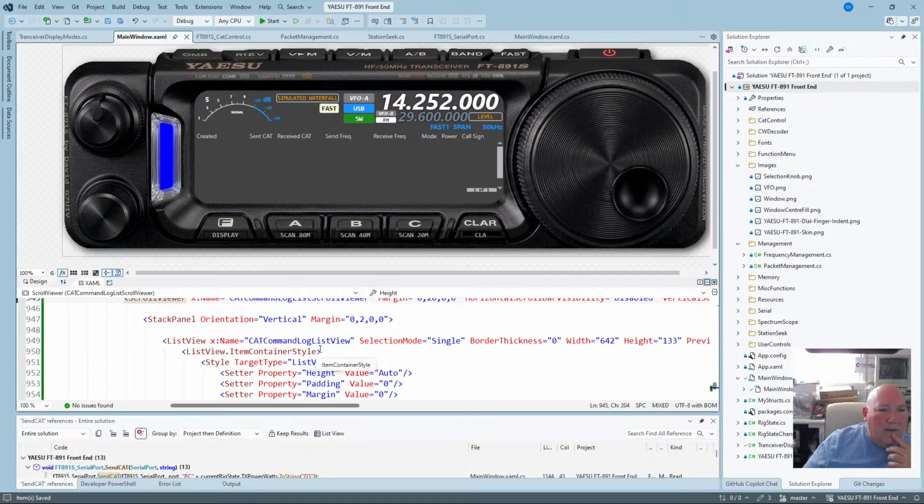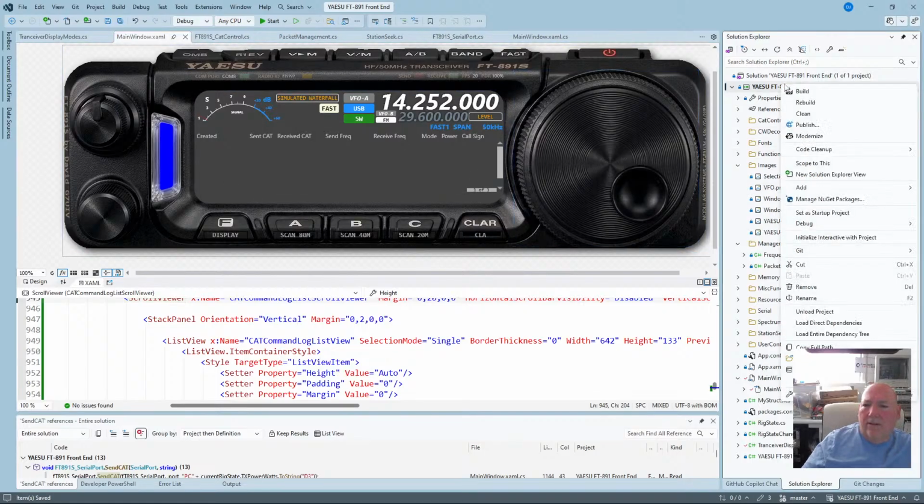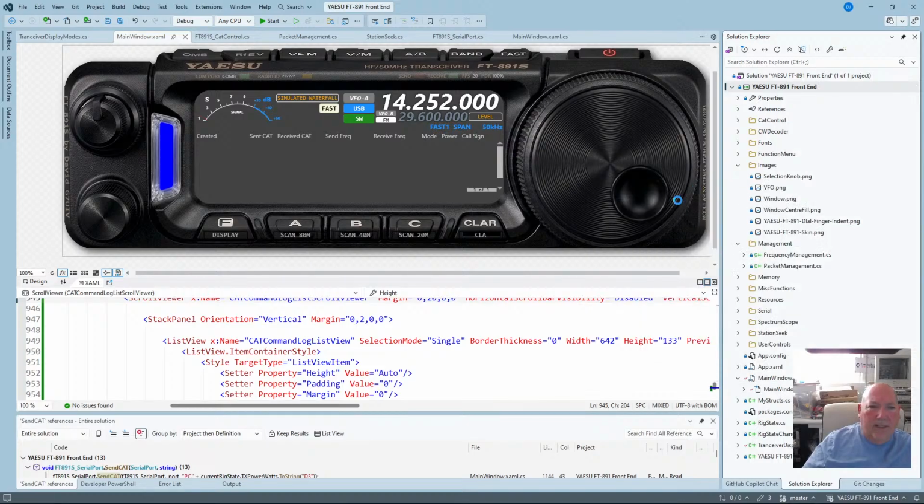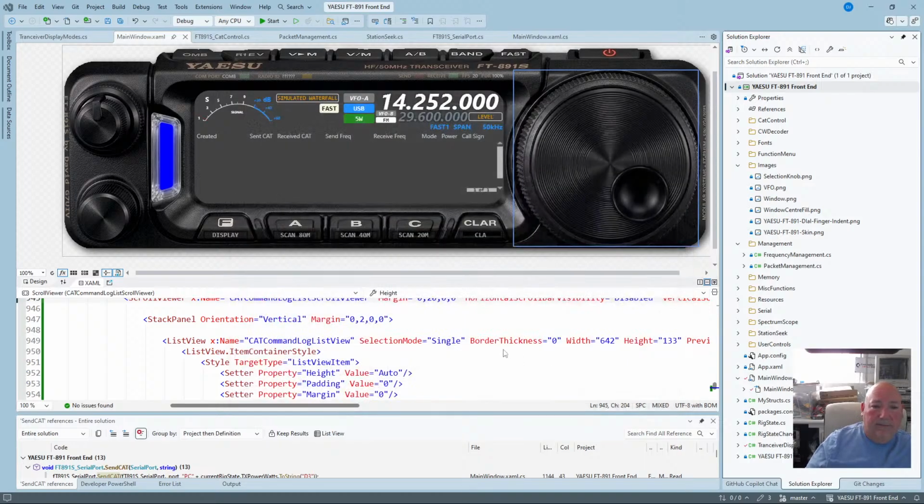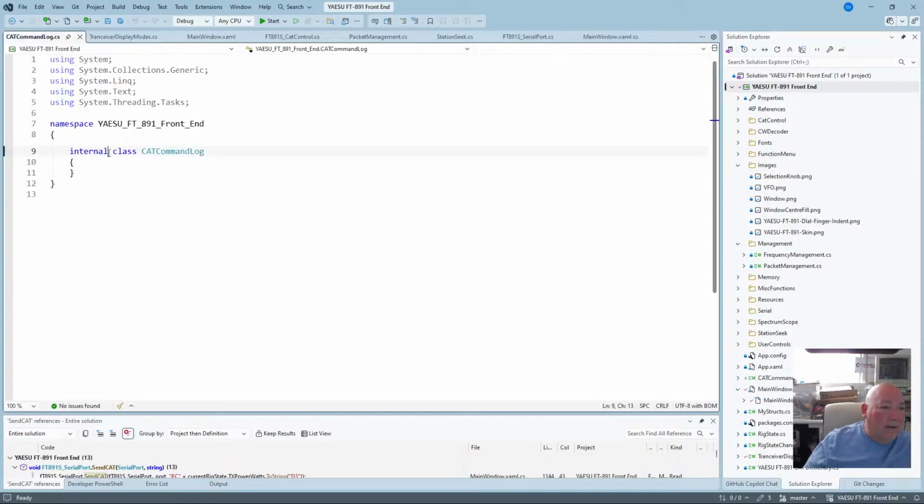Okay, so cat command log, so we need a new class. Yeah, let's have a new class. So add a new item, a class. And you know what this is going to be called already. It's going to be called a cat command log class. Okay, cat command log. Right, add that, and get rid of that straight away. So cat command log, and